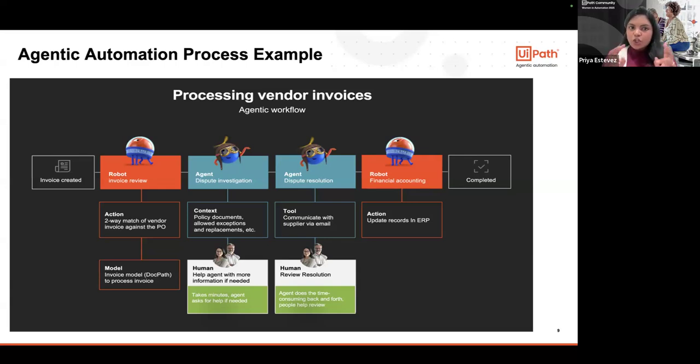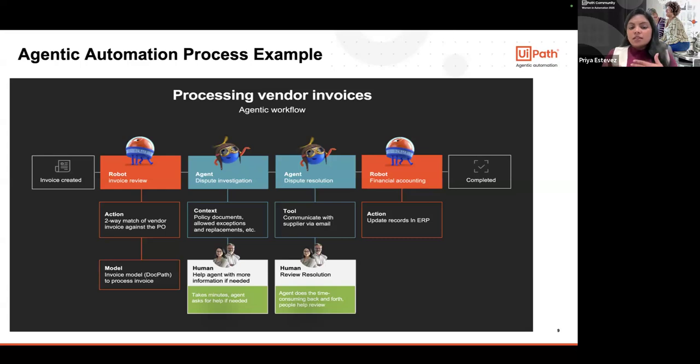So as you can see, there are two agents. Even for this process, you can specify what your agent scope is. In this case, the dispute investigation agent is there basically to investigate whether this dispute is true or not. And then there's another agent that performs the resolution itself. Now that this second agent has received the information, it can use the tools that it has, communicate to the vendor, get additional information, and it also receives the approval from the human.